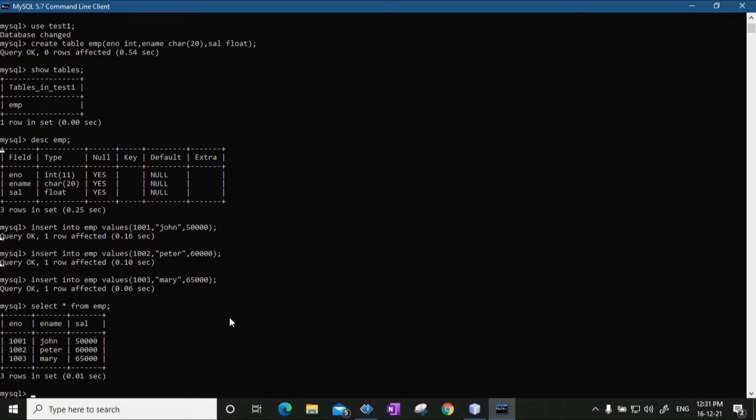Now this select query you can tweak so that you can get different results. For example, if I want to find out whose salary is greater than 60,000, I can ask that query to the database. I can say select, let's say I just want to get the name.